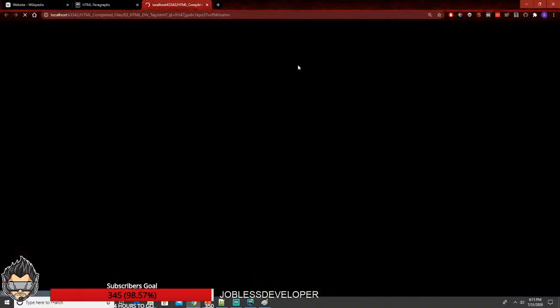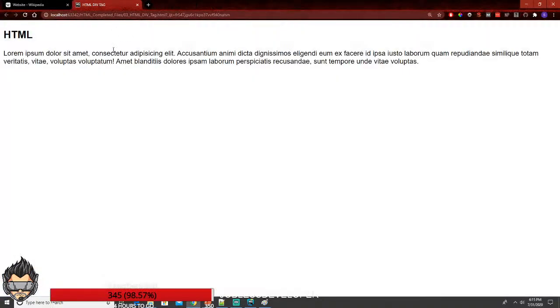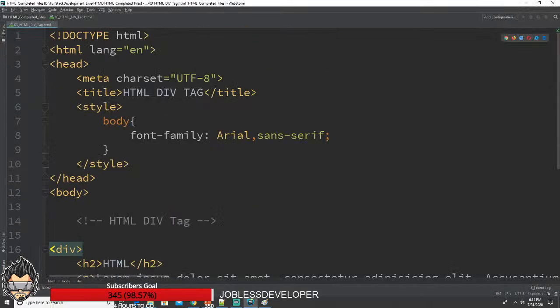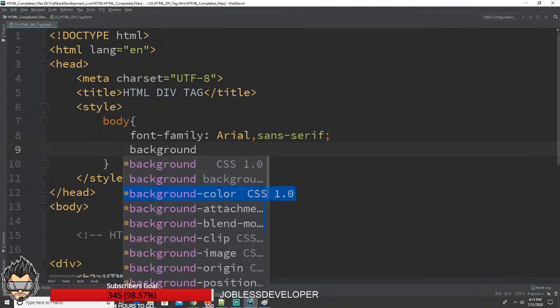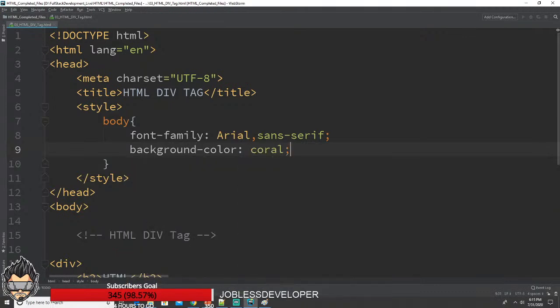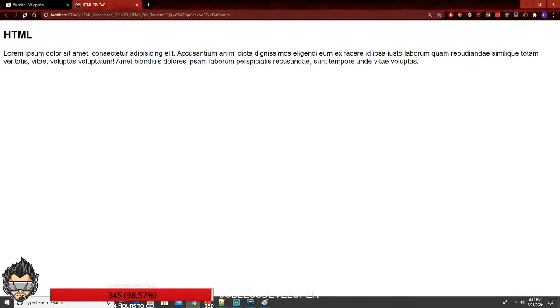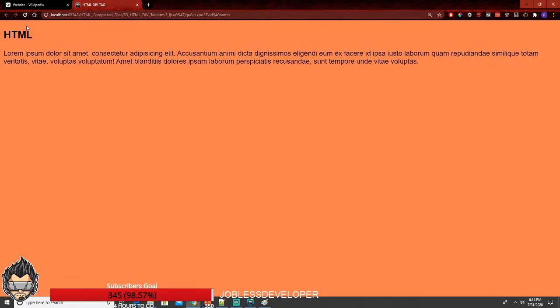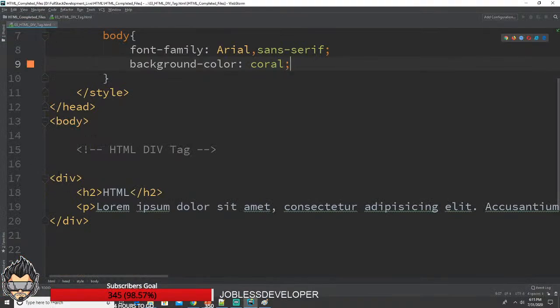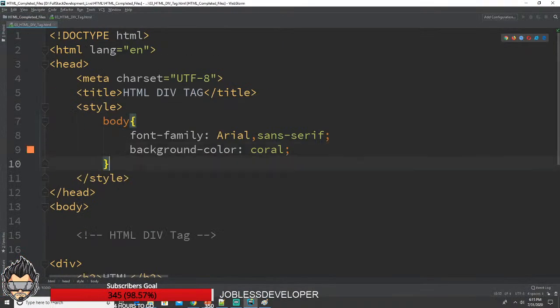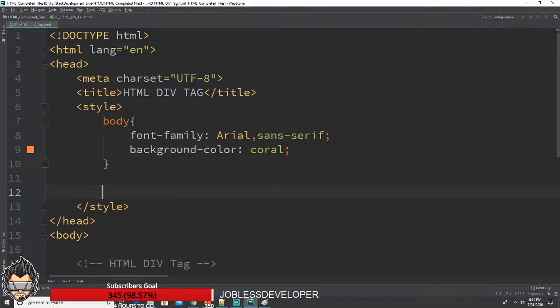open it up in the browser, and yes, I do understand that you don't see any difference from mentioning a div tag. Okay, let's add the background color. I want the background color to be coral. Even now you don't find any difference. Okay, I know that I'm using something called a div tag. So what I do is, that's a tag, right? So for div,